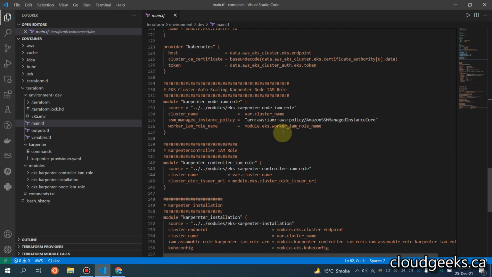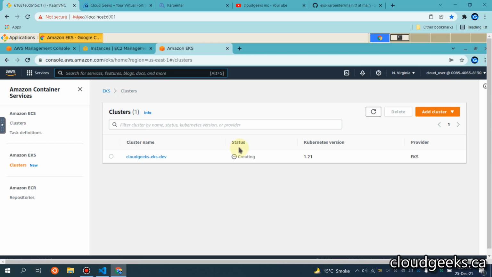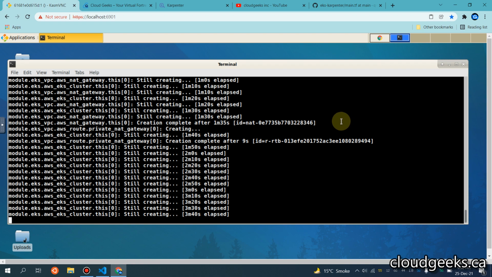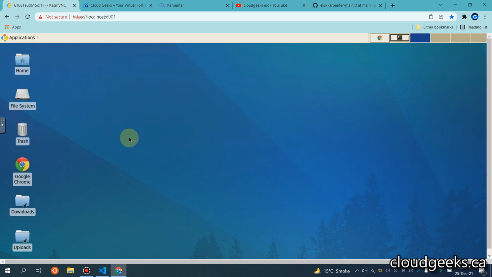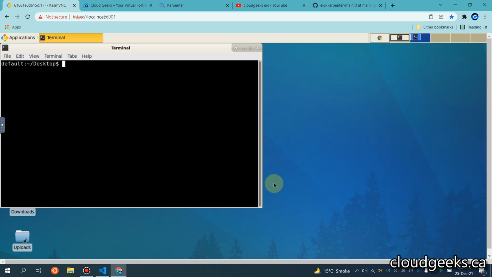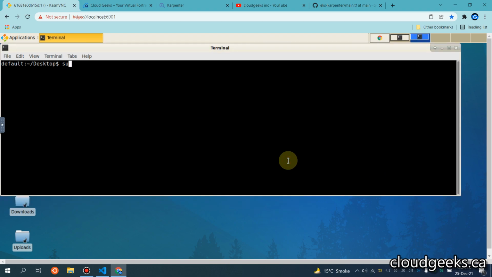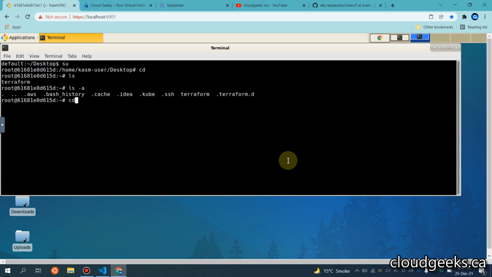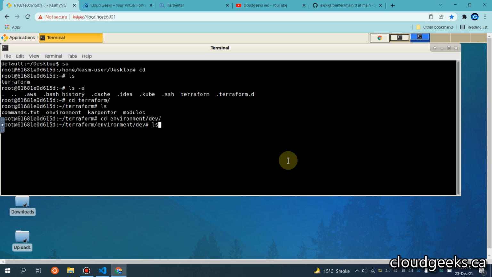Even if you have not, you have to simply clone this repo, navigate to this particular directory, and let me show you that part as well. So where you have to navigate, let me open another workspace, and for instance I'm in my root. So if I navigate to this Terraform, so navigate to the environment dev. If I do ls -a,